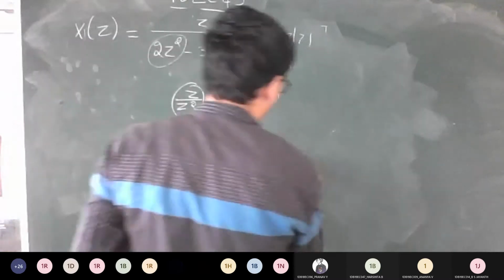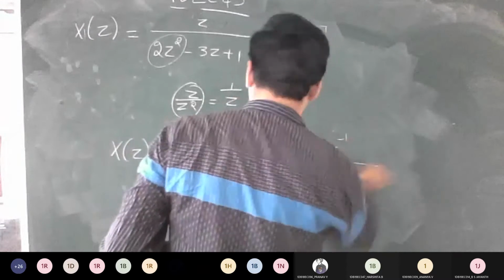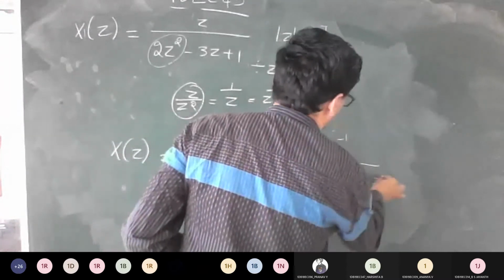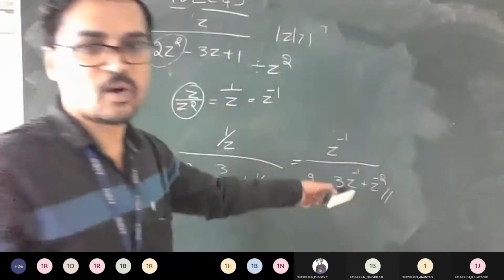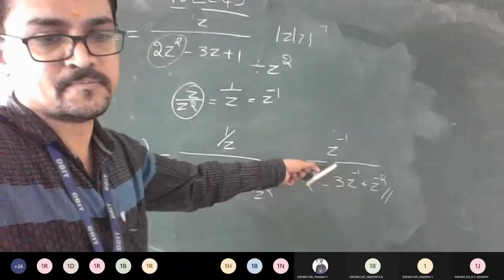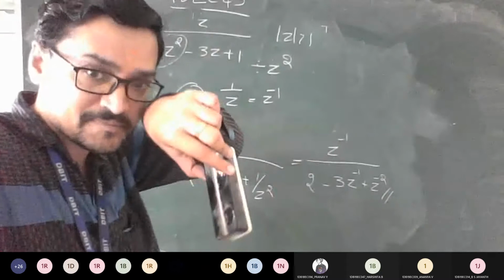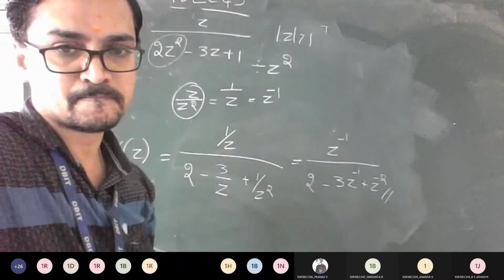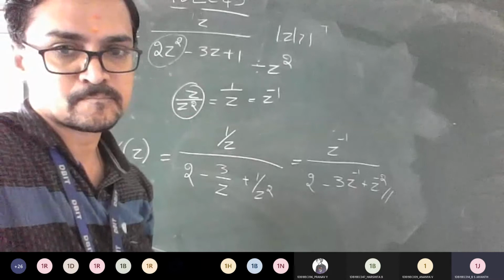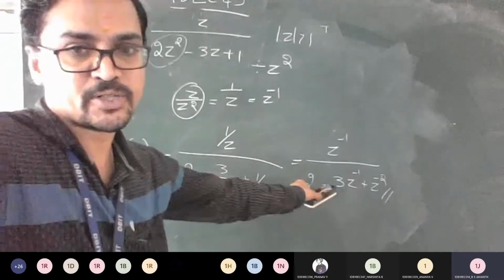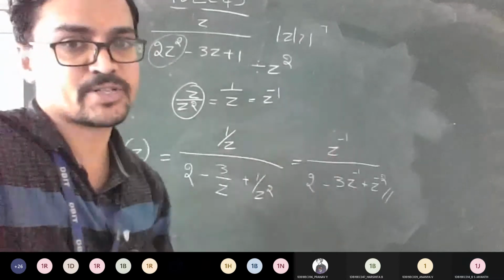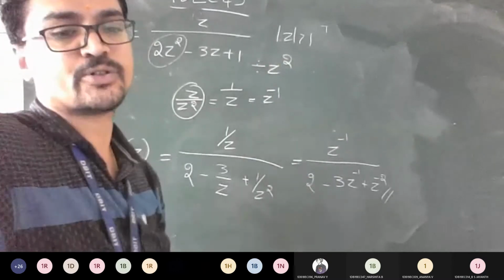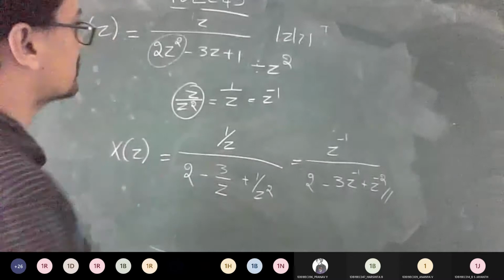So this I can write as z inverse whole divided by 2 minus 3 z power minus 1 plus z power minus 2. Is it the thing where I wanted to apply my long division technique? Is it okay till here? Yes, sir. Good. So now once you understood this, from here onwards, same procedure. Since it is greater than a, you can do a normal division how you used to do. So divide that and tell me what is the answer.